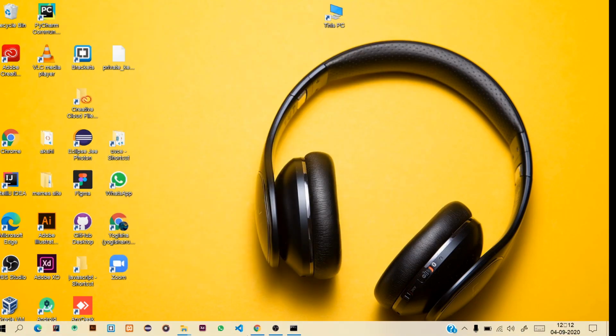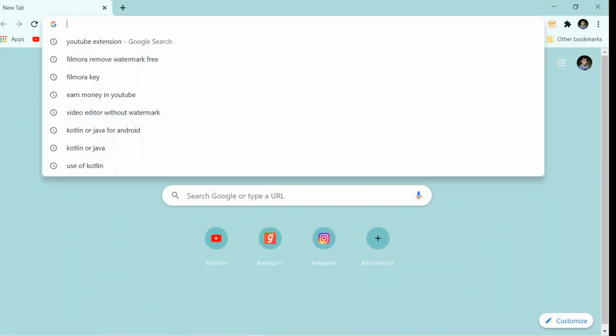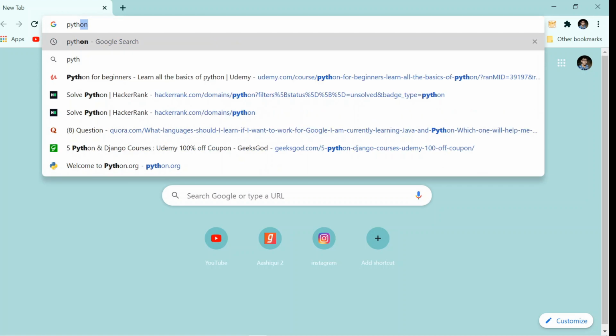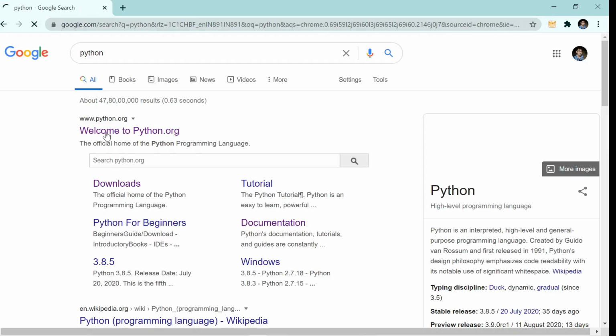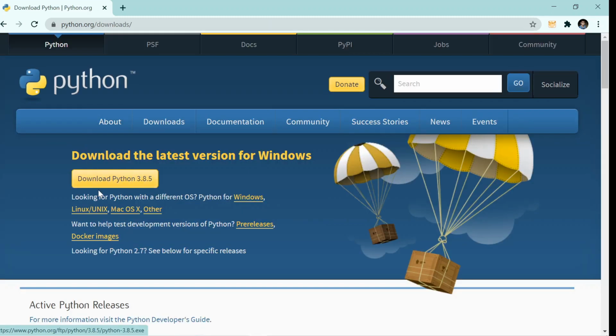To install Python, open Google Chrome, search for Python, then you see the download is here. Click on this, then download Python 3.8.5. Okay,